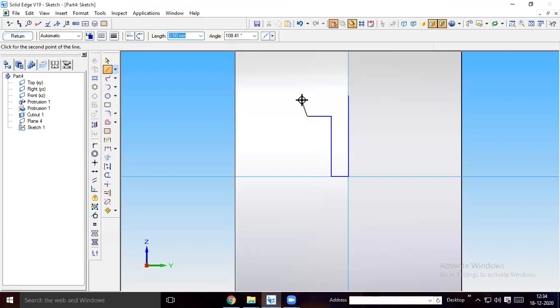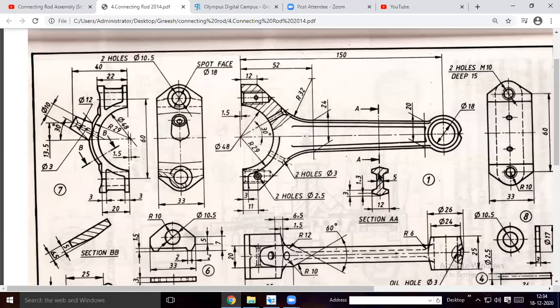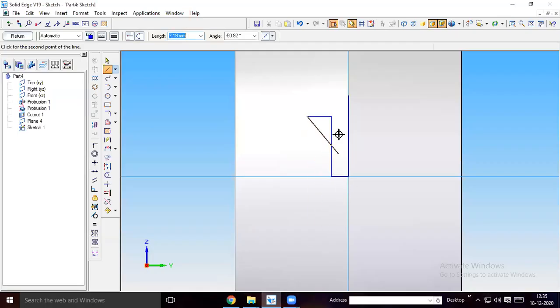I am trying to create a quarter of the profile, then I will do mirror. So 3.5 from, not from this point, I am creating at this point. Okay, 3.5. Then what is this width? From here to here it will be 3 mm, and from this point to this point 1.3 mm is given. So remaining it will be 1.7 mm in this portion. So draw a 1.7 mm line at 90, then you connect here like this.